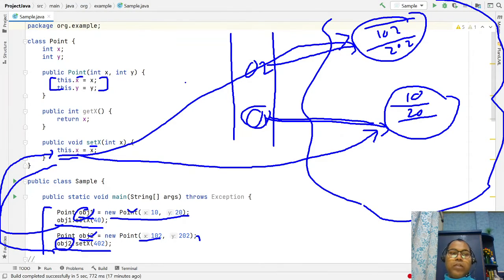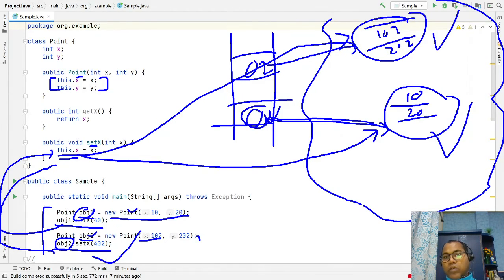That is why this always refers to the current object. If you are accessing a setter or getter from this object, they refer to this object. If you are using the setter or getter for object 2, then this.x refers to object 2.